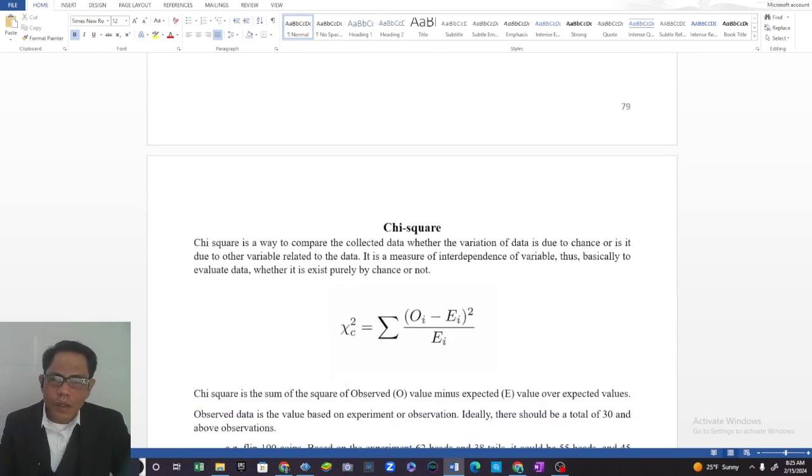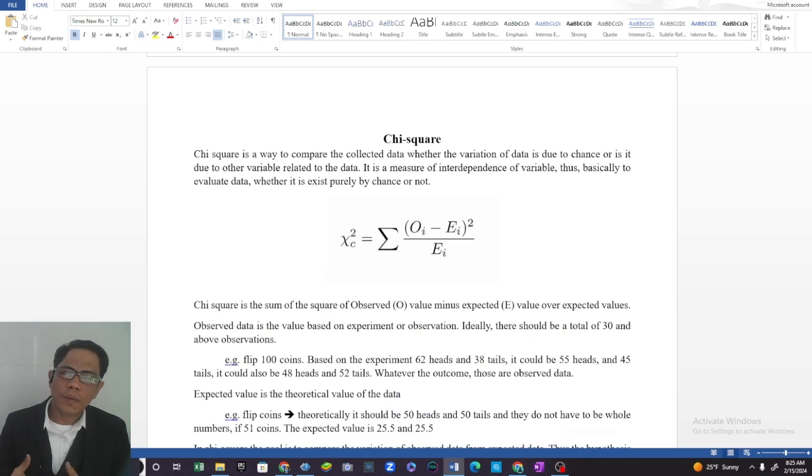So let's go to chi-square. Chi-square is a way to compare the data collected whether the variation is due to chance or is due to other variables related to the data. It is a measure of interdependence of variables, thus basically to evaluate that data whether it is purely by chance or not. So when we have chi-square, we're talking about observed data and expected data. So we're trying to figure out if the observed data and the expected data exist purely by chance